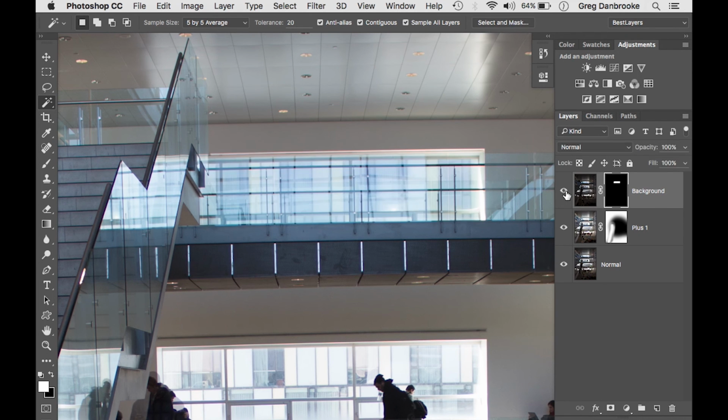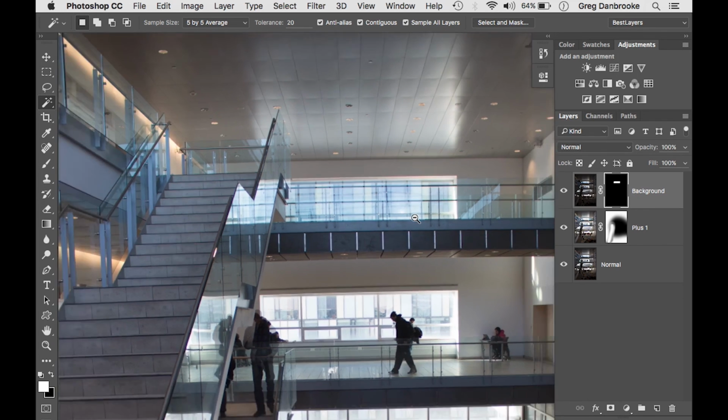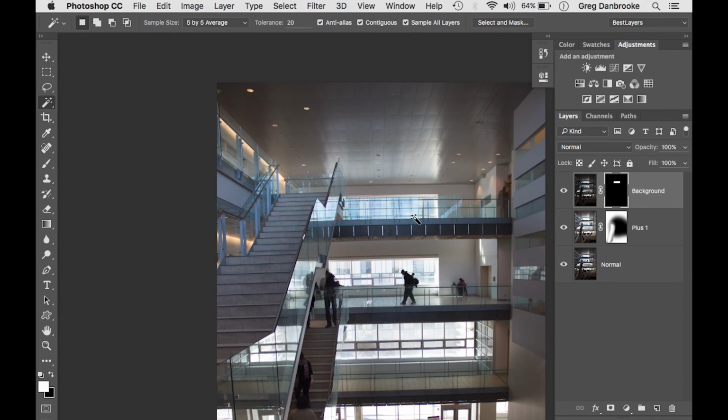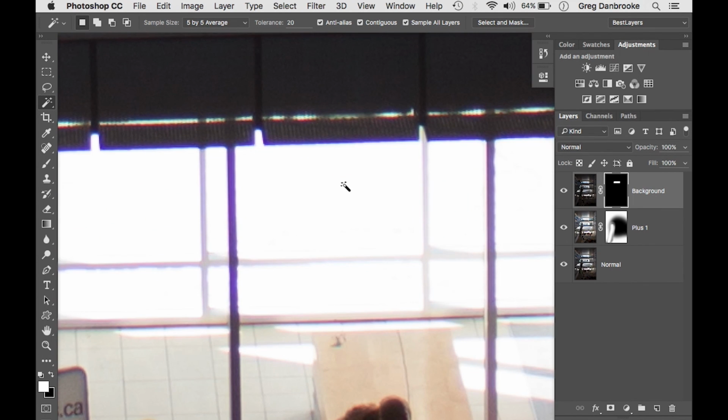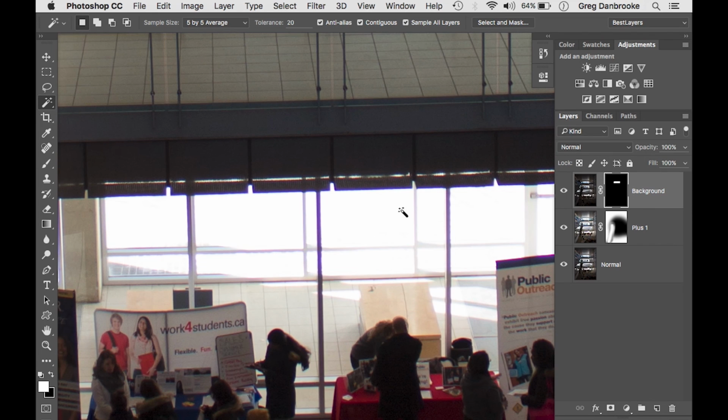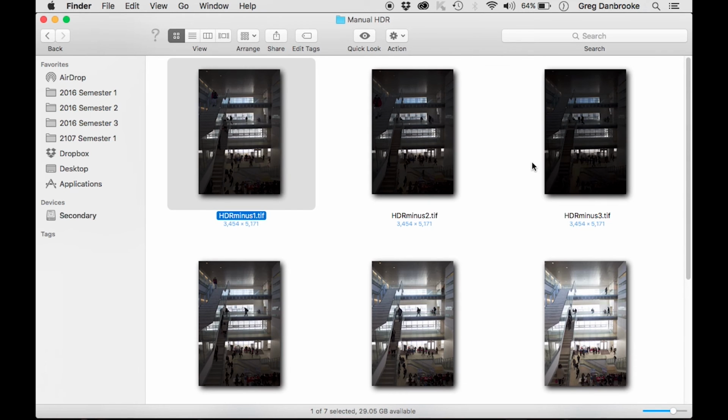So we brought in that darker exposure into the window. And then it's just a matter of continuing on exposure by exposure, bringing in what you need. For example, again, down here at the very bottom, outside this window, there should be some bricks in that little courtyard inside that sidewalk. Can't see those. If, though, I go to my -3 exposure,